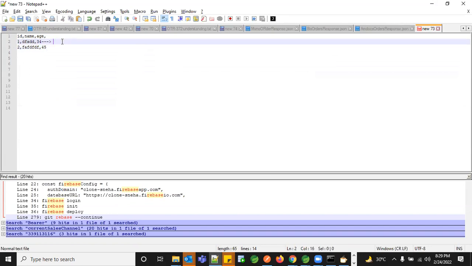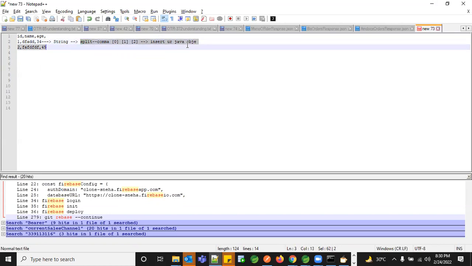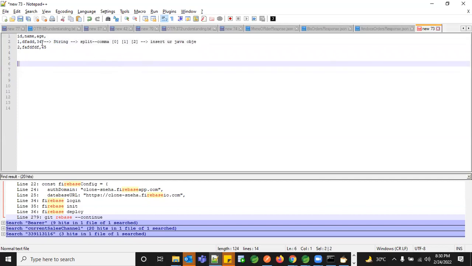Okay, so you take this as a string first, and then we split this string using the comma separator. What happens is the entire string is converted into an array. So you'll have 3 values, and all these values can be mapped under the respective headers, and you can insert them into your Java object, or use them however you want to write them. So this is the way split works. You know how to separate your string if you have a separator, a comma or colon, whatever you want to separate your string with.